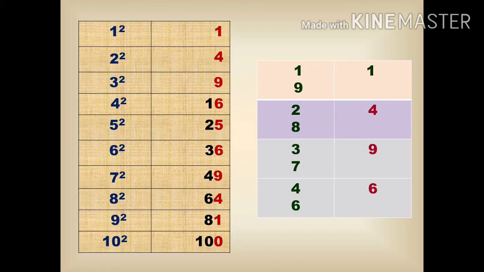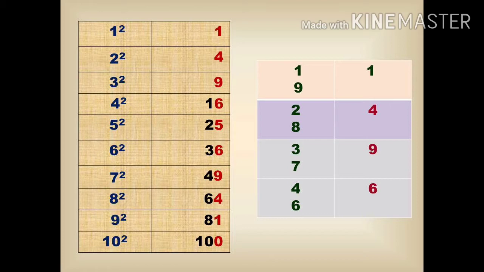If you closely watch the tabular column, 1 square and 9 square have values that end in 1. So from this we come to know if a number ends in 1 or 9, either it is a 2-digit number or 4-digit number, it doesn't matter, the square of that number will end in 1. In other words, if a number ends in 1, the square root of that number will end in 1 or 9. Next, if we see the numbers 2 and 8, the squares of those numbers will end in 4 only. In other words, if a number ends in 4, the square root of that number will end in 2 or 8.